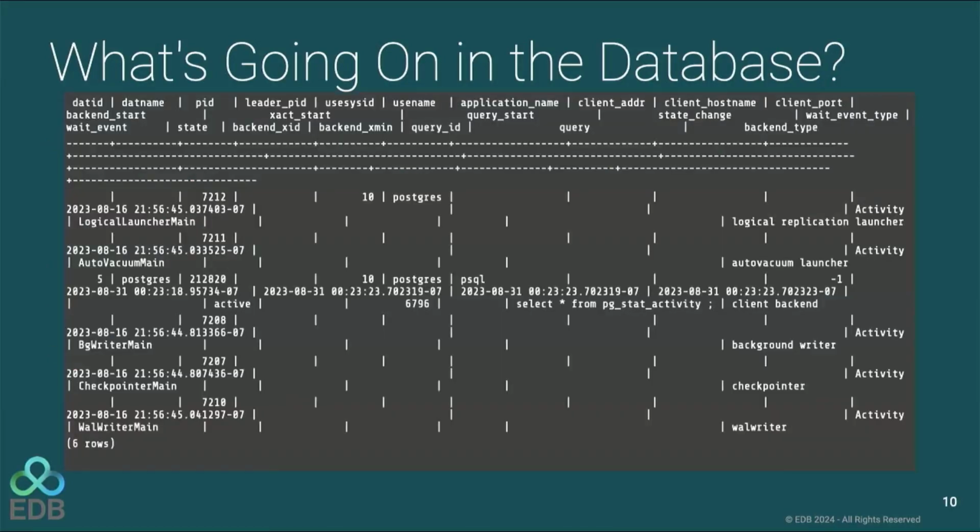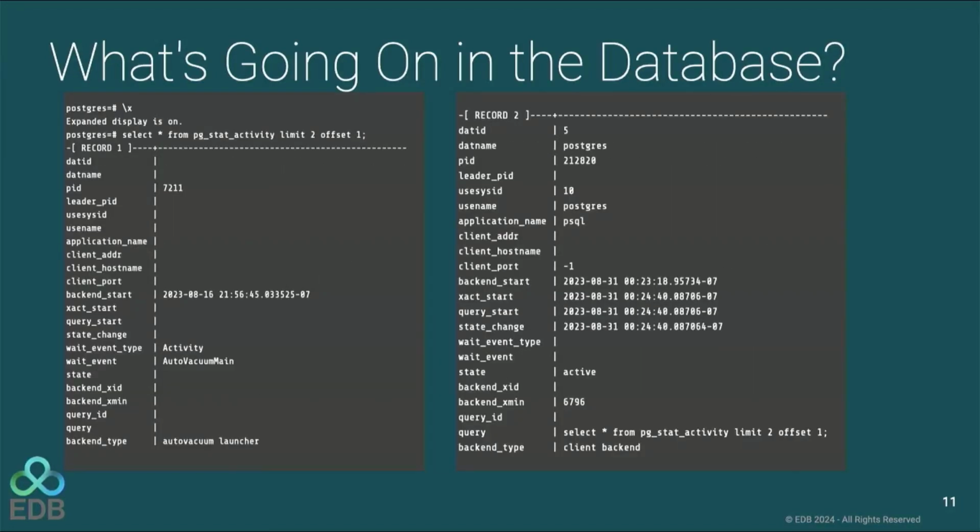Okay, so let's say I run this and I see that this is the output of pg_stat_activity. It's a little bit tricky to read sometimes because it's a really wide table with many columns. Sometimes what I would do is use \x, which turns on the expanded display. So it converts all the columns into rows, and that way you see something a little more neat. So from here you can see that on the right side there's an autovacuum process running, and on the left side you can see my query, what I was running, which was pg_stat_activity limit 2 offset 1.